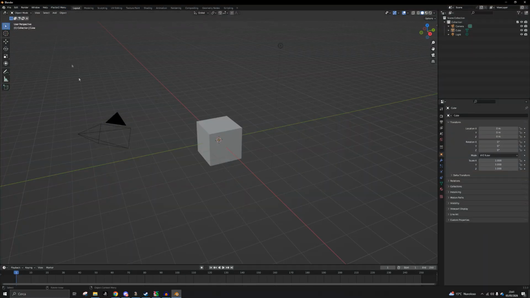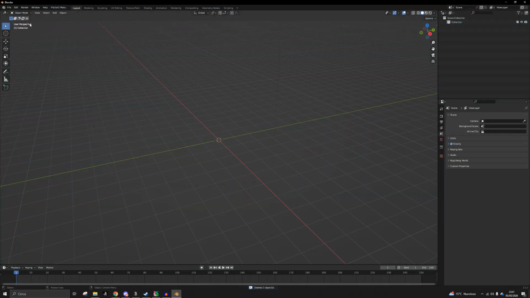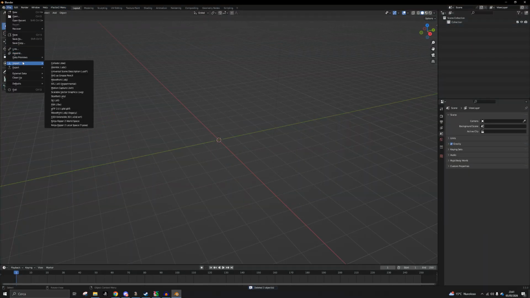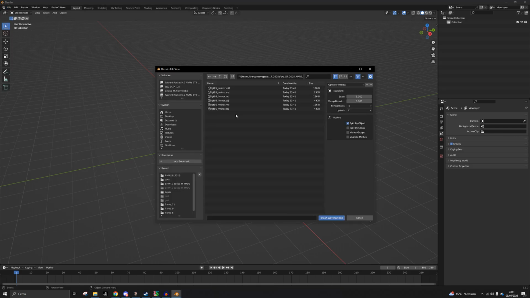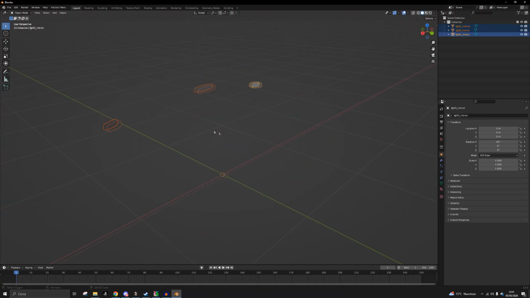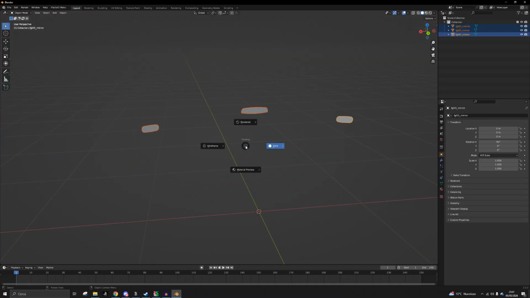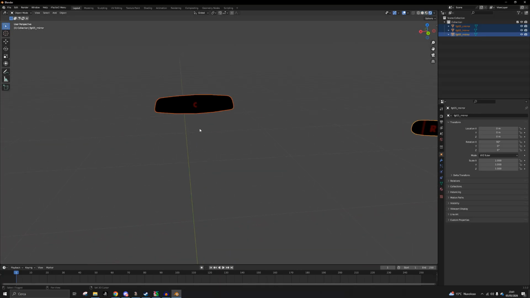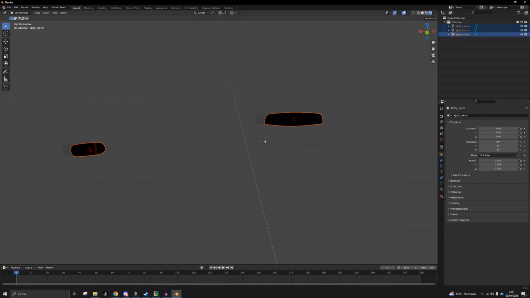Now we open Blender, we delete everything right here, we go to File, Import, we select the OBJ, and we import everything right here. So let's just click Import Wavefront OBJ, and let's hold Z and point to rendered and stop hitting Z. These are the mirrors that we just had in Blender, and I will show you how you